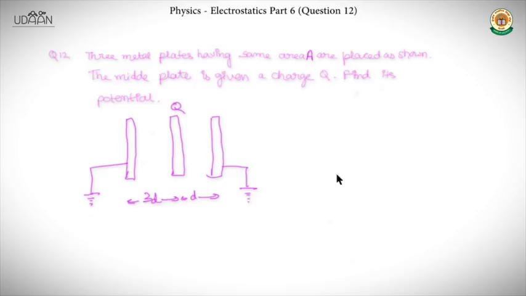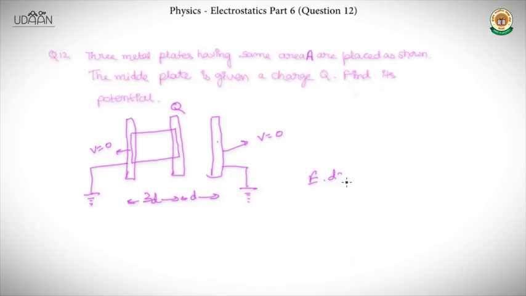We can quickly say that the potential of this plate and the potential of this plate are both equal to the ground, so we can equate it to 0 for both of them. Now we will draw Gaussian surfaces like this. And we'll find out that